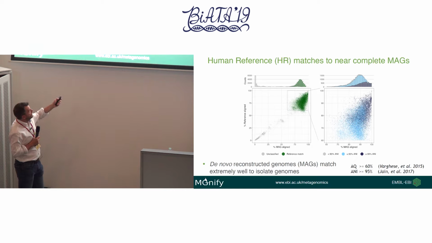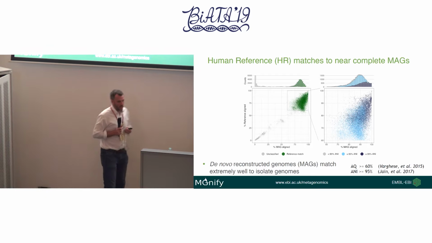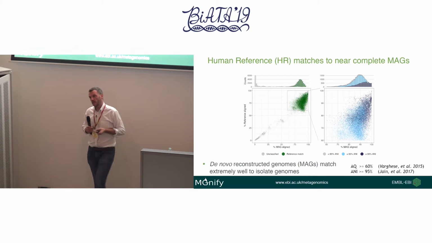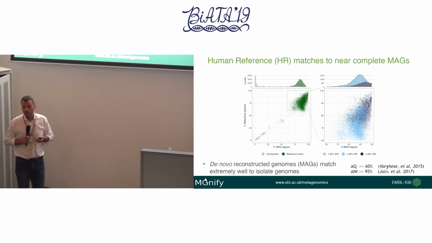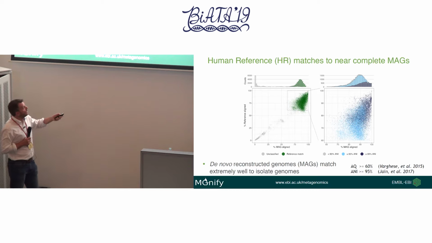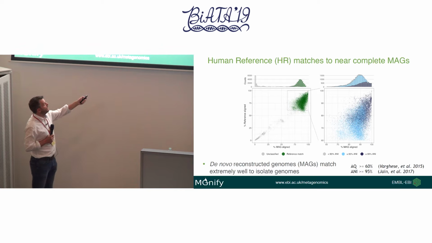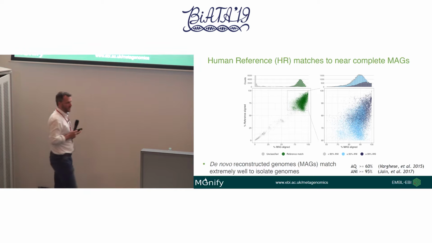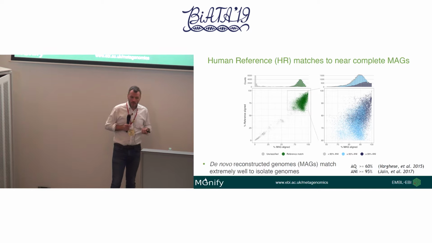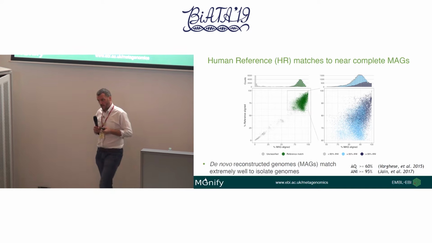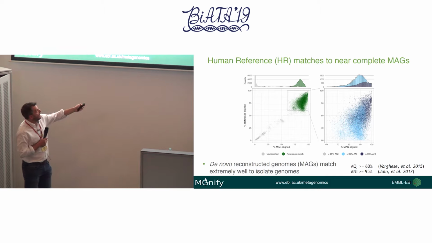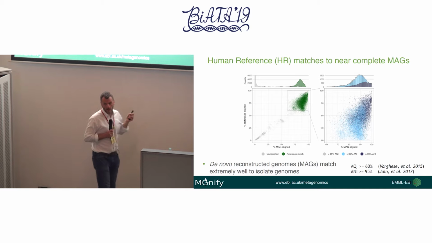And if we take those and then drill down into these a little bit more and plot the average nucleotide identity, those that are greater than 99% should be strain level similarity or identity. Then the light blue is the species level, and then grey is something beyond the species, something more distantly related. So what you can see here is there's a lot of points where we've de novo reconstructed something that's equivalent to an isolate at the strain level.